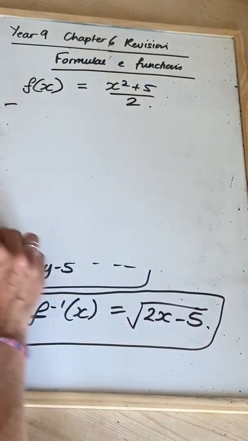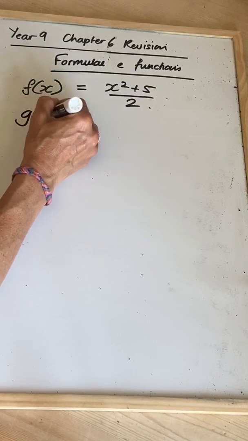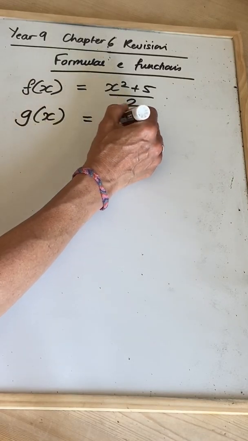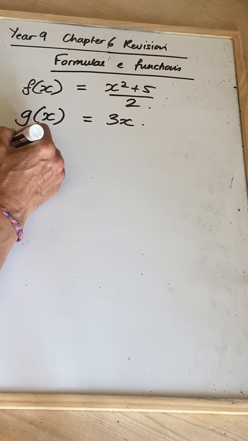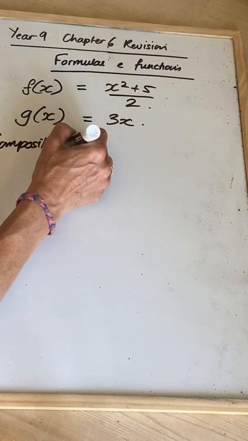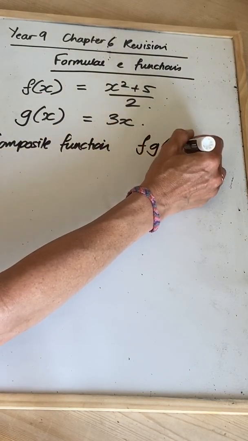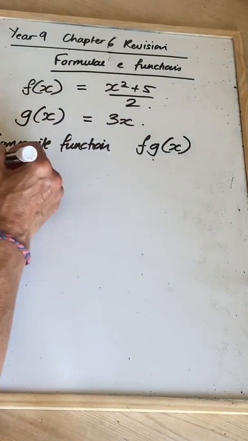Next thing we're going to have a quick look at is composite functions. Composite functions, we're going to need another function. So I'm going to use the function g of x is equal to 3x. So I've got two functions here. I've got f of x and g of x. Now I know that I can substitute into these. I know I can find inverses for them. So what I am going to look at now is the idea of a composite function, where I am going to do both functions to my x value. And what this means,